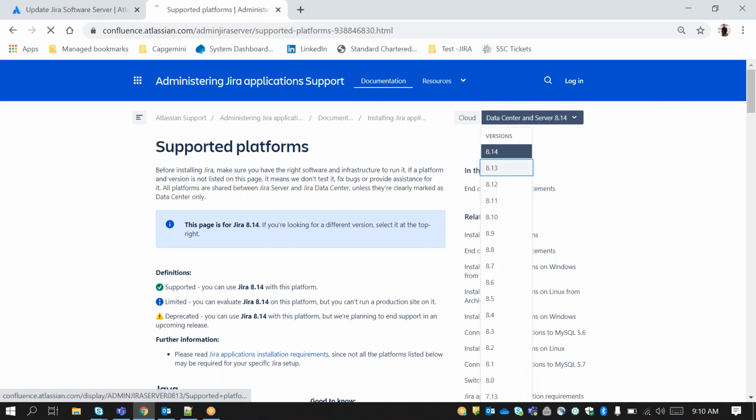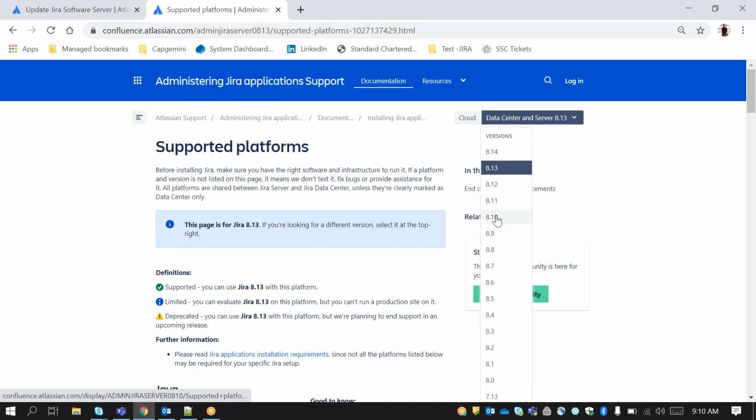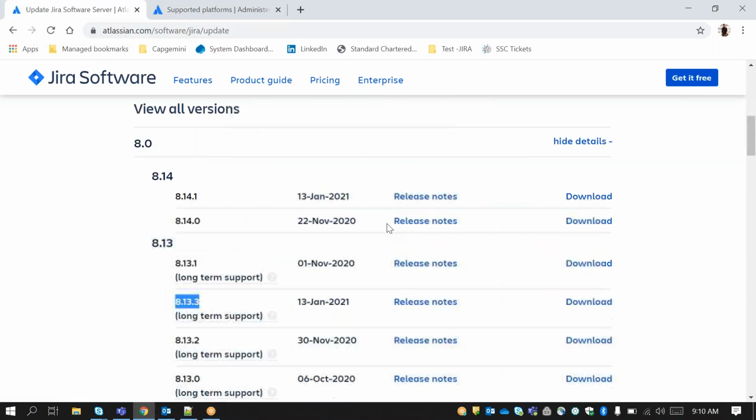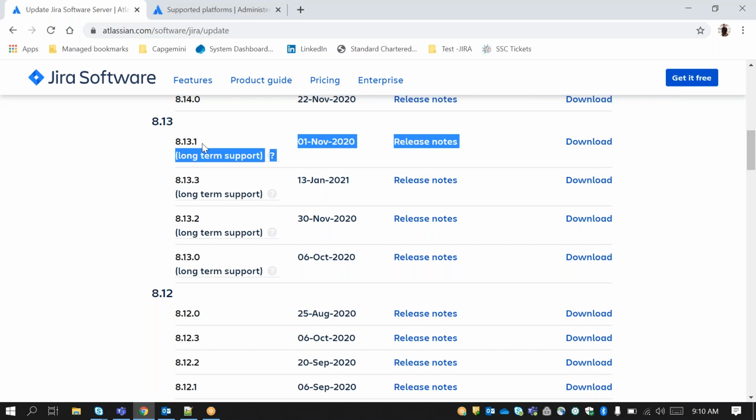So 8.13.3, but for all the 8.13 subversions the supported platforms are the same. For example, 8.13.1, 8.13.2, 8.13.3 are the same. The difference is only at the major level, like 8.12, 8.14. So here we have 8.13 only. If you install anything in 8.13, all the supported platforms are the same.